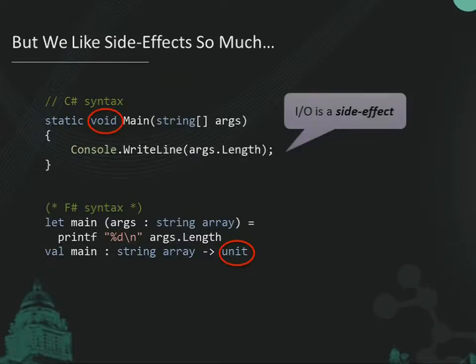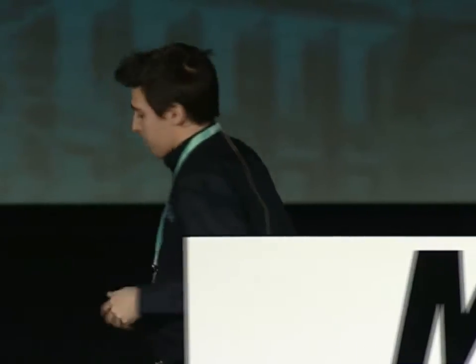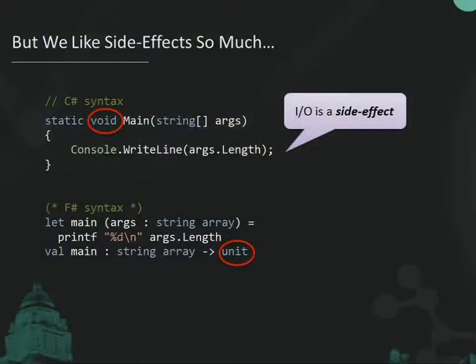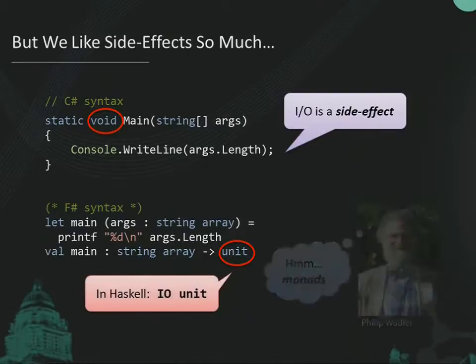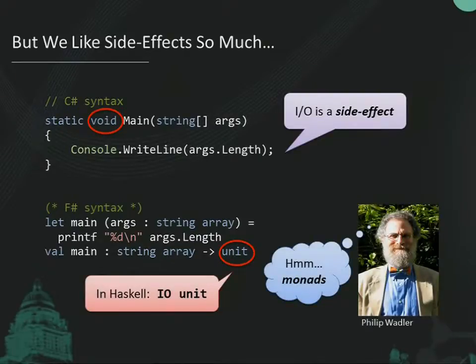And actually, the first line of every C program is like a damn lie. It says static void main taking in something. Well, the void is not really true. Some side effects are going on. In this case, the side effect that makes it useful to run this piece of code is writing something to the console. So what's really going on here is that the type system that 99% of languages have does not track side effects,